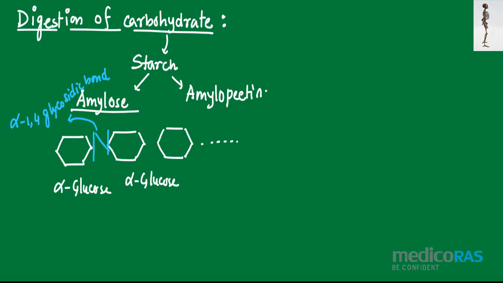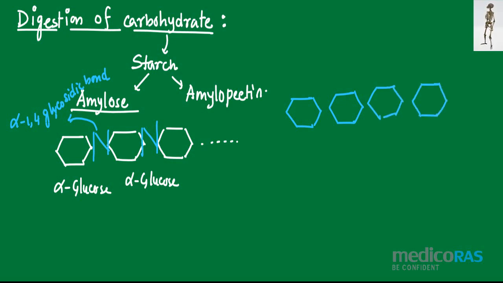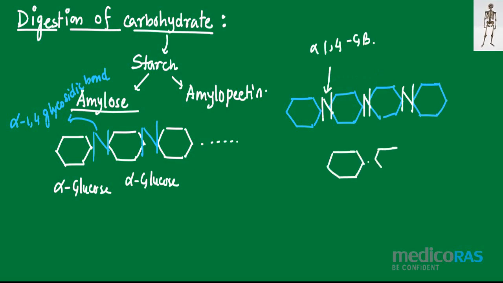Next one, the amylopectin. If we see the structure of amylopectin, we need to draw a similar structure and consider this structure as the alpha glucose molecule. Similarly, we have to draw multiple alpha glucose units and again join them with the alpha 1,4 glycosidic bond. But like that, if we draw layer by layer, then we have to join this structure with the above structure.